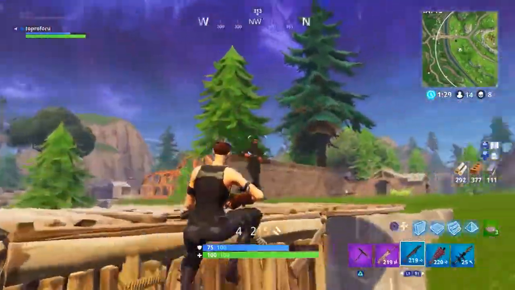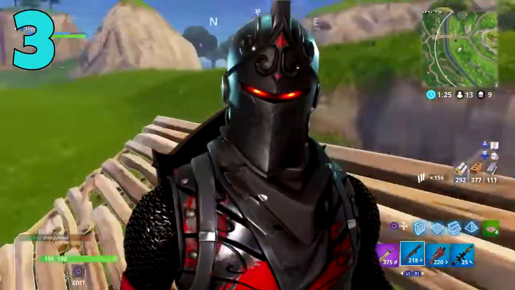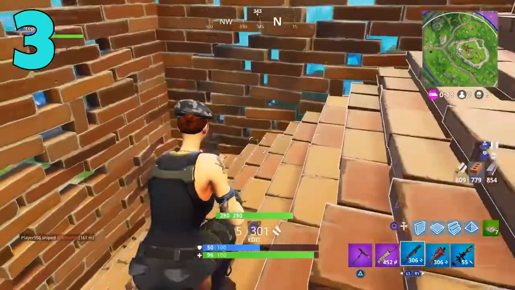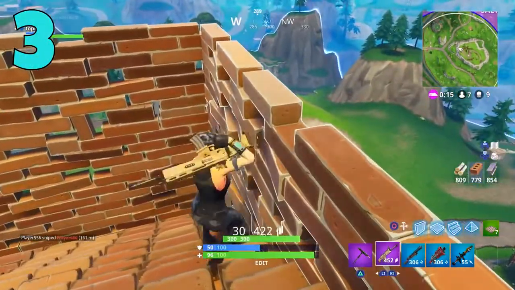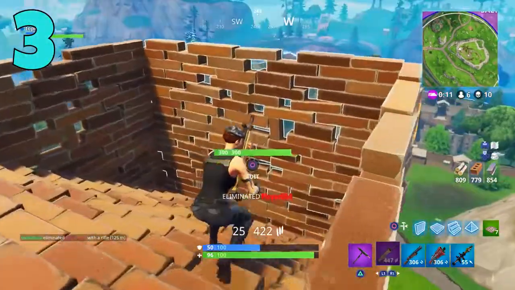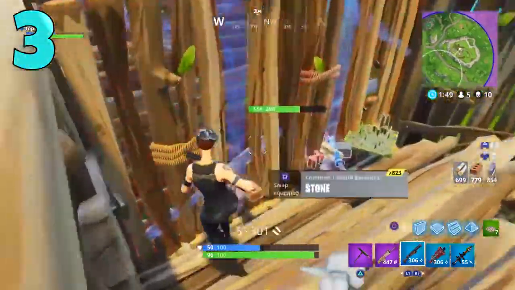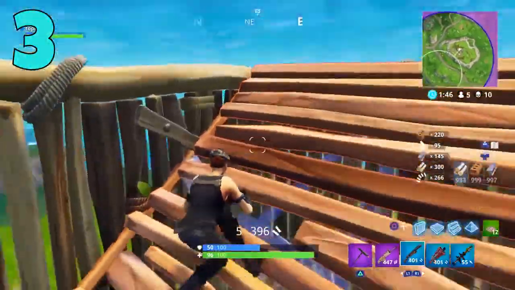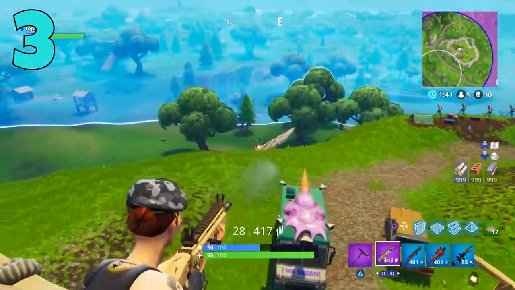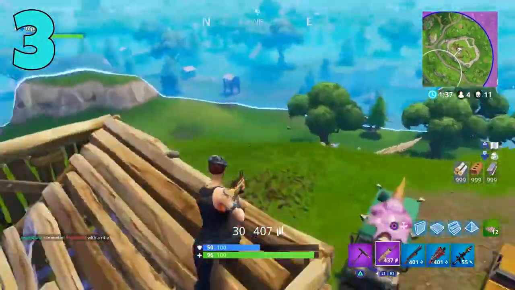So coming in at the number 3 spot on today's list, we have the Black Knight skin, and this skin right here is probably one of the nicest skins here in Fortnite. For me, it's either the Black Knight or Dark Voyager. Both those skins are so awesome and so sharp, and the Black Knight is just so intimidating, because you have those red eyes and that completely blacked out armor. It's an awesome skin, it's a scary skin to look at, and a lot of good players love to use